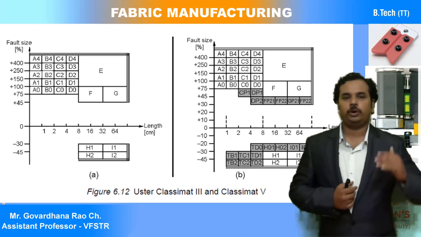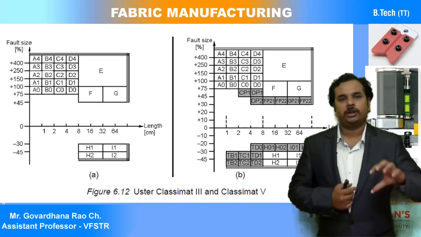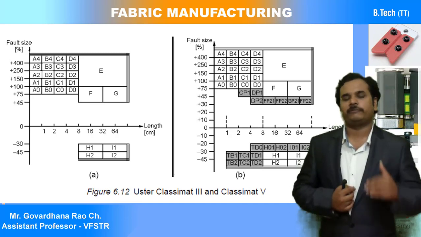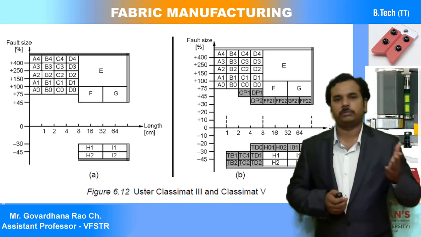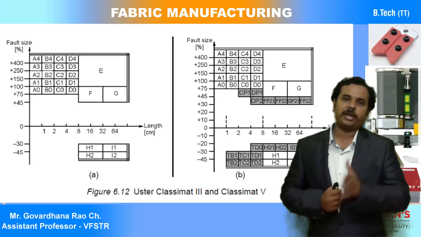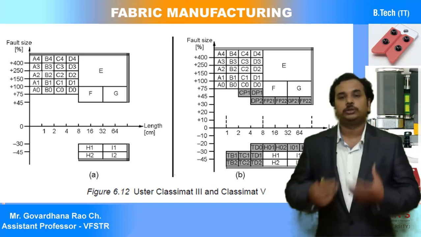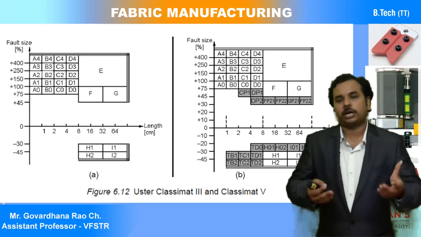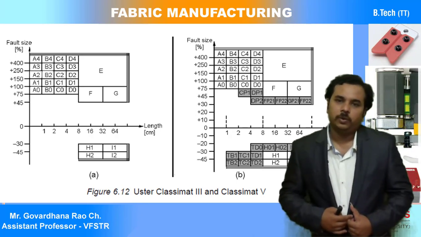So A0 to A4, B0 to B4, like that. In total, the number of faults has increased by 4. In the previous state it was 23, now it becomes 27 faults. Now in Uster Classimat 5, again they have increased. Thin places have increased, and thick places have also increased, like CP1,